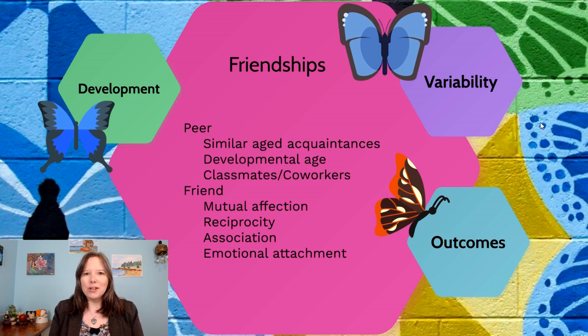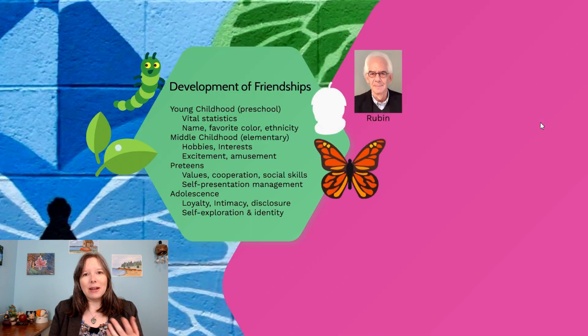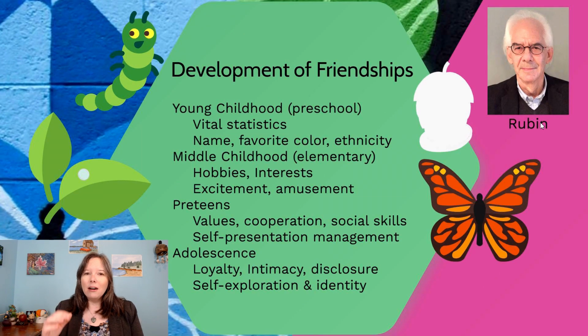So how do these friendships develop? Well, it tends to vary by age. At our very youngest, in the preschool years, we form friends based on proximity and availability. This is the idea that you put two kids in a room and they're not fighting, they probably consider themselves friends. At the very youngest of ages, around age 2 to age 3, there's a lot of overlap between what are peers and what are friends, because a child may consider somebody they played with in a doctor's waiting room once to be a friend.